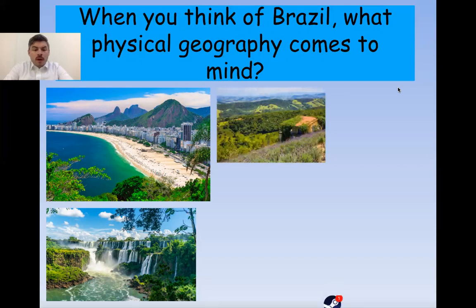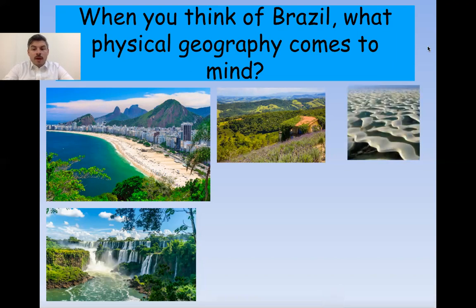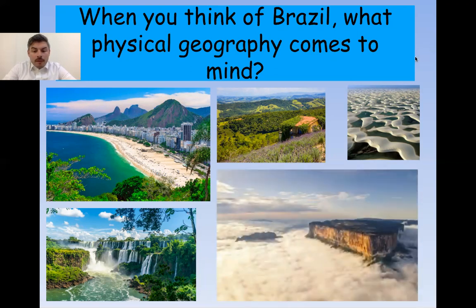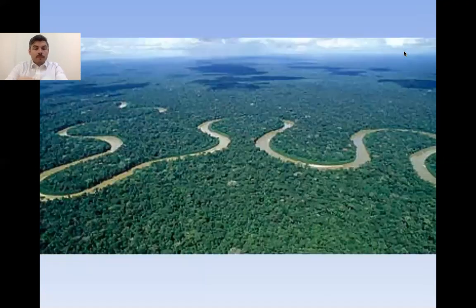Countryside. So it's not all forest and beaches. Brazil has lots of green hills and countryside and farms. Deserts. Here we can see a desert in the north of Brazil, Lençóis Maranhenses, and also huge mountains. So this again, north of Brazil, mountains which are above the clouds. So quite diverse, but probably the first thing that people would think of when they talk about physical geography is